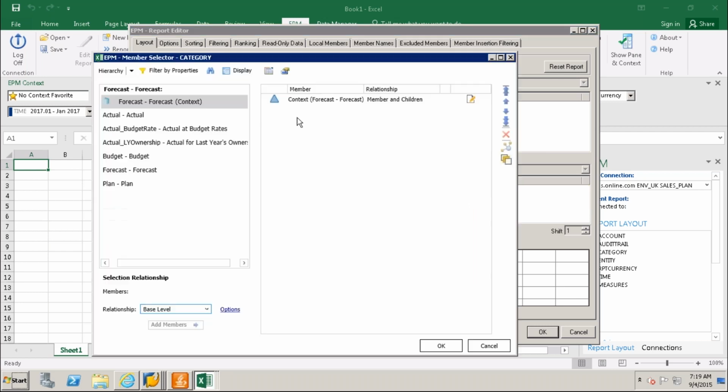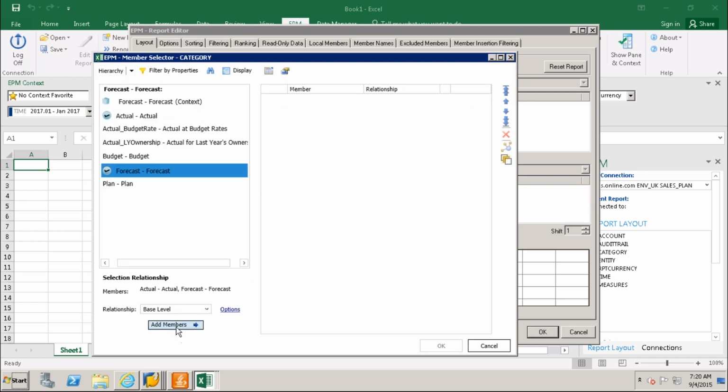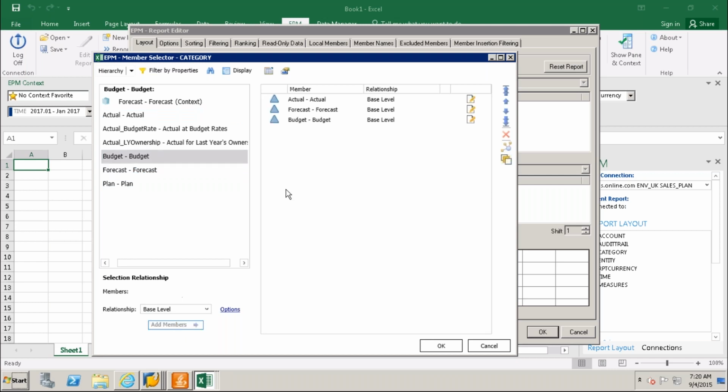In the category I'll take only the actual value and the forecast value. Budget also I will take.